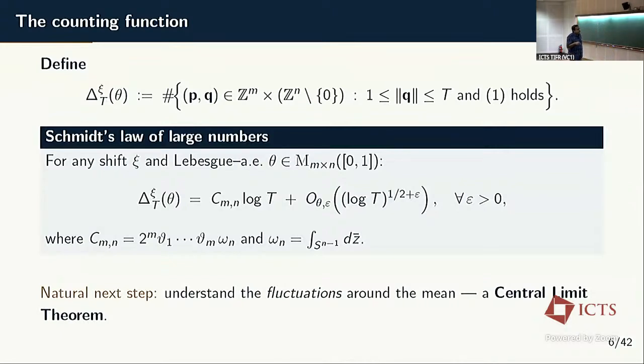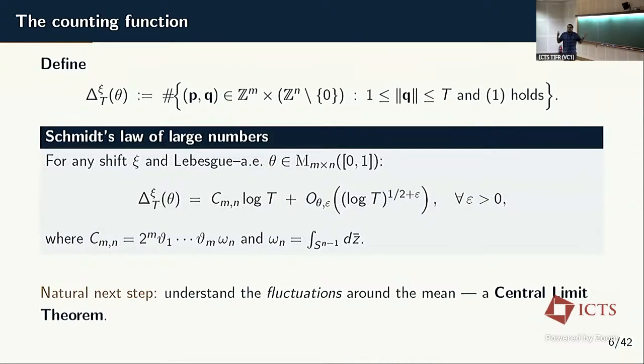And Schmidt has a beautiful result. So this says that regardless of what the shift is, for Lebesgue almost every matrix in the cube [0,1] in M, in the space of matrices, this counting function has an asymptotic formula where the main term is log t, and the error is the square root of log t. Okay? It's a beautiful result. If you've not encountered this kind of work before, cast your mind